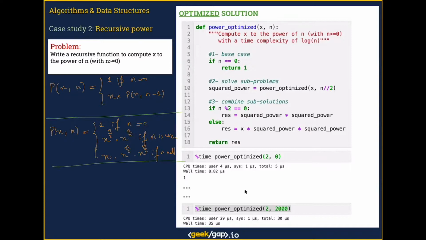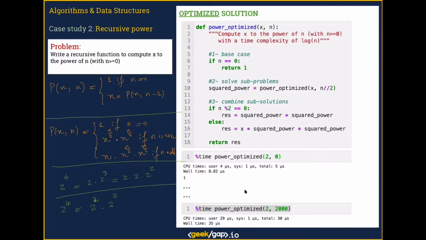If you have to compute, let's say, 2 to the power of 4, instead of doing 2 to the power of 3 and then 2 times that, which is 2 times 2 to the power of 2, I get it now, you could do directly 2 to the power of 2 times 2 to the power of 2. But the good thing is, when you're doing it this way,